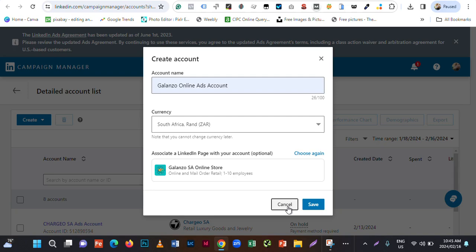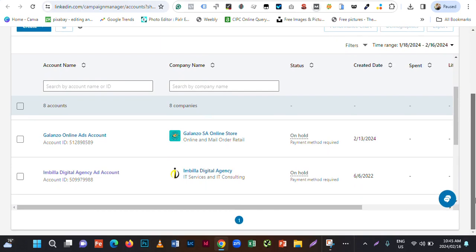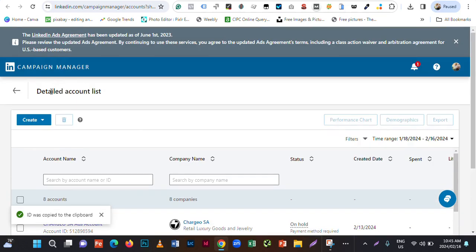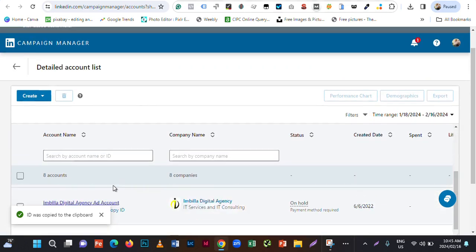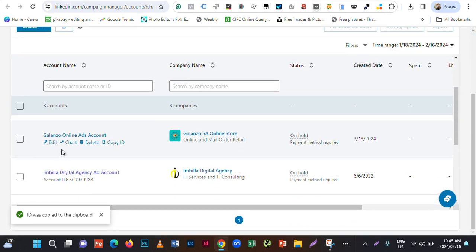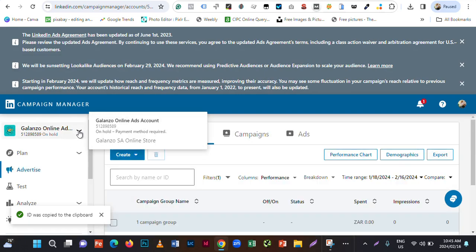All right, so I've already set this up. I'll click cancel. In my case, here it is right there, the first one. You see, this is the page, this is the ad account. Okay, so what we need now is the ID. So this is the ID we need. Once it's linked up like this, you'll be able to just come here and click and copy ID. So I've copied the ID. Another way, maybe if you're not finding it there, but you'll find it here. Don't worry, you'll be able to find it there. If not, you can click on it, and